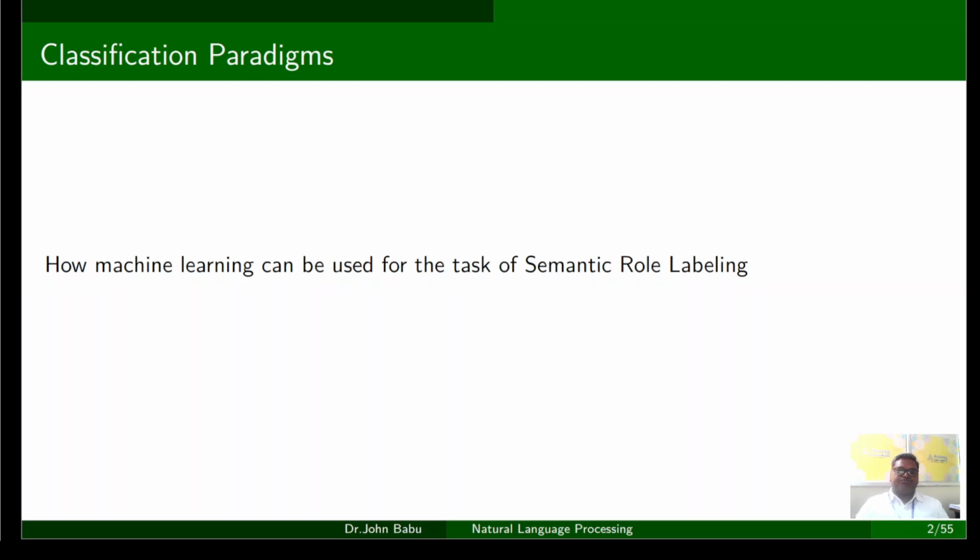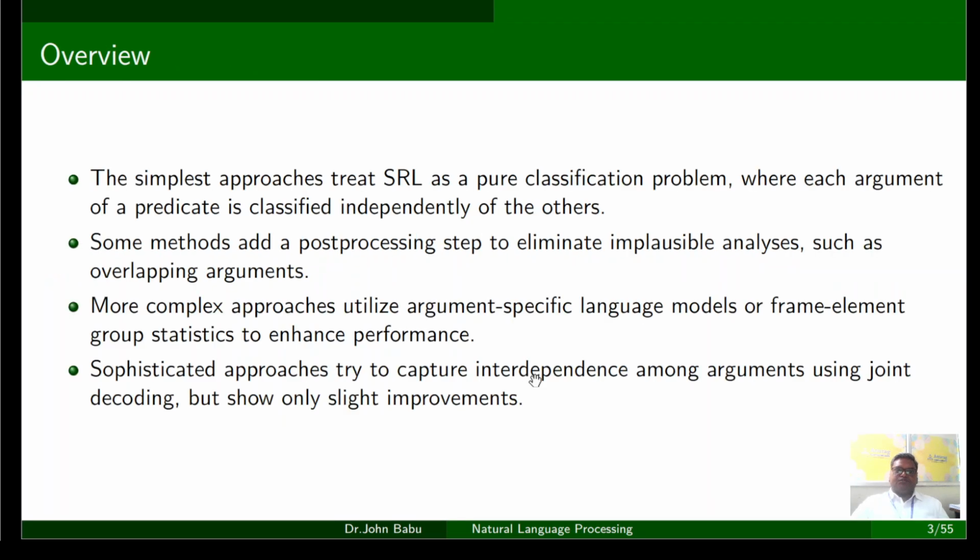This topic is known as the classification paradigm, where we'll be evaluating how we can use machine learning for semantic parsing. Semantic role labeling can be treated as a pure classification problem, where we can